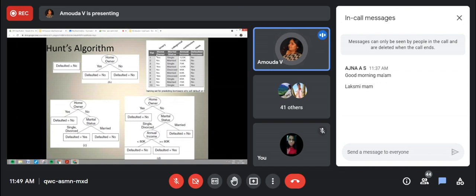We are selecting homeowner as the root node. So whatever training data sets come here, first the attribute will be taken, and these attribute values will be taken. It checks homeowner, then it takes the value. If the homeowner is yes, the algorithm directs them to the leaf node saying default no, he is not a defaulter since he is a homeowner. Or if homeowner is no, then...